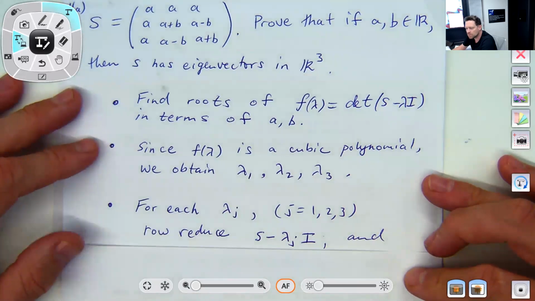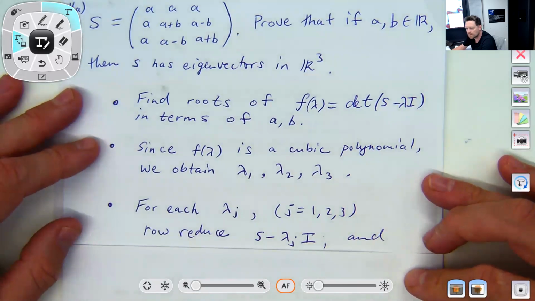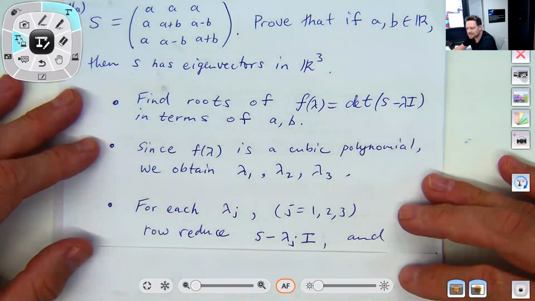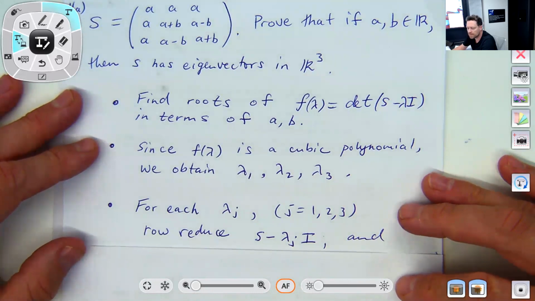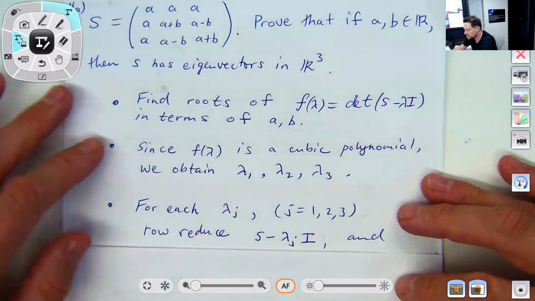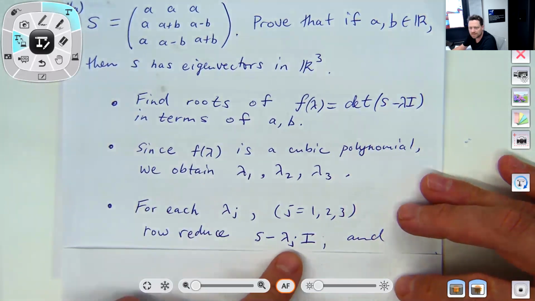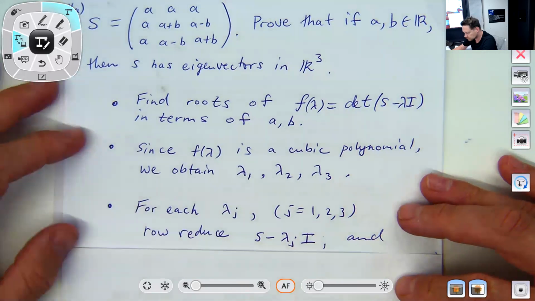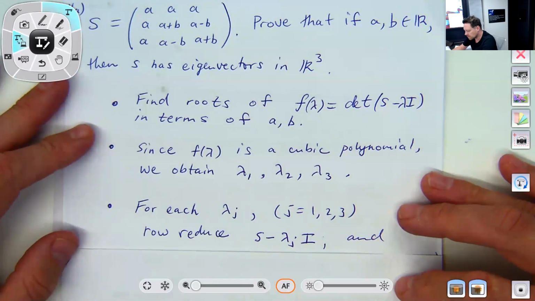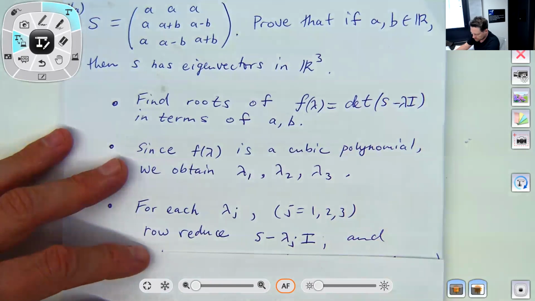The reason why you do that is you want to get a simple eigenvector. And remember, these eigenvectors belong to the null space of S minus lambda j times I, because what you're looking at is solving,